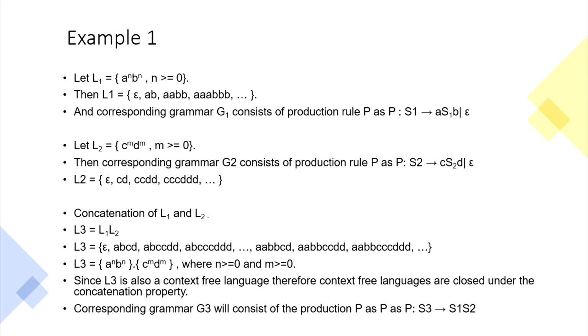And then I have also shown in the slide the strings that L3 consists of, which is basically the derived set after the concatenation of L1 and L2. Now we can again observe that this set L3 is also a context-free language, as we can draw the pushdown automata for it. So again, for the concatenation property, our first observation is that if L1 and L2 are context-free languages, then the language L3 obtained after the concatenation of L1 and L2 is also a context-free language. Now we will go through example 2.